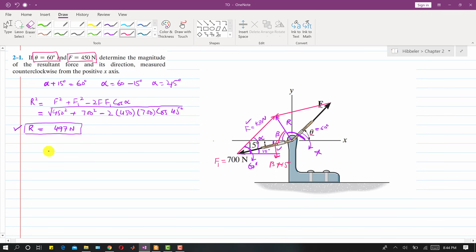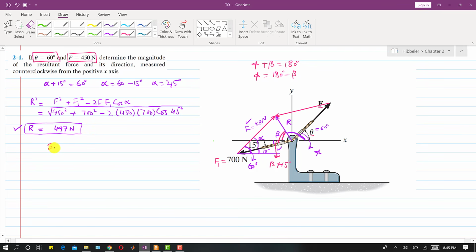So we can apply the sine law. If I apply the sine law, we need to find this beta angle. If we find this beta angle, then as we see, phi plus beta is equal to 180 degrees, and we are required to find this phi. So phi will be equal to 180 minus beta. If we find this beta, then we subtract that beta from 180 degrees, and we will get this angle of the resultant with the positive x-axis.